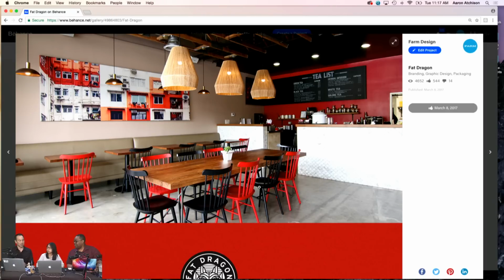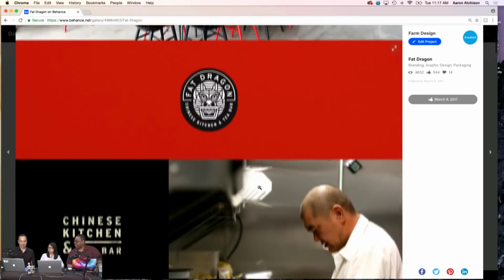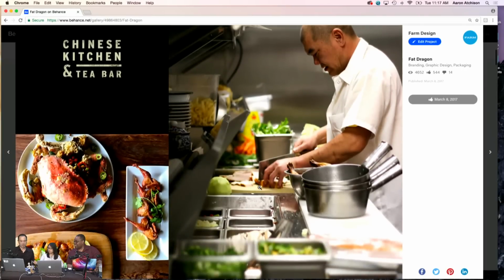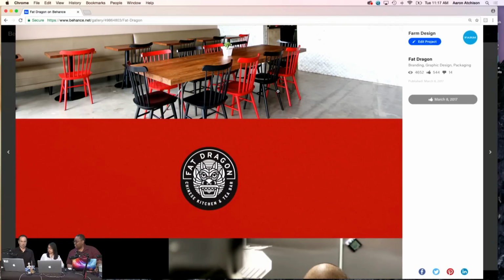Yeah. And so this potential client had very traditional Asian food, and they're putting it in this area that is super hipster. It's coffee shops, and I can even tell just looking at the design and color choices of the furniture and all the little details there. Yeah, so if you go back to the interior, we also helped out with that,